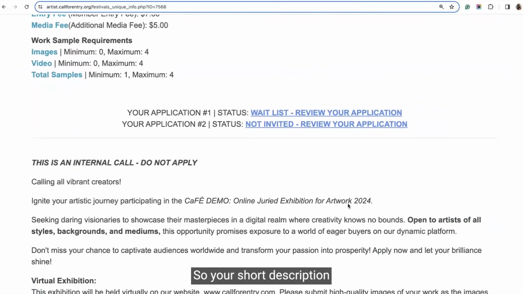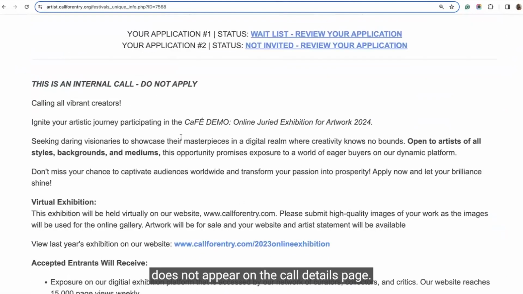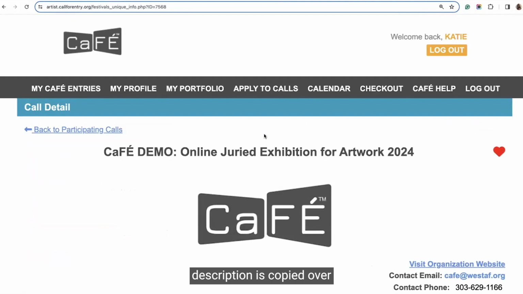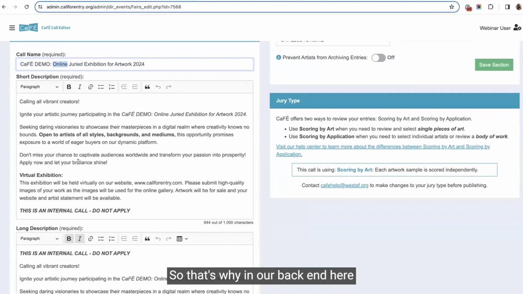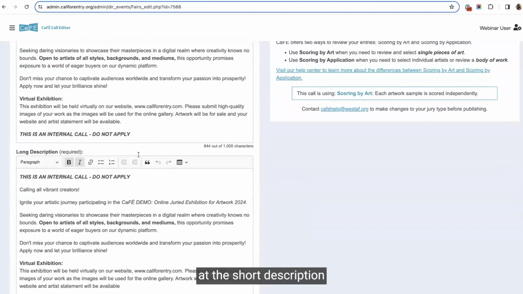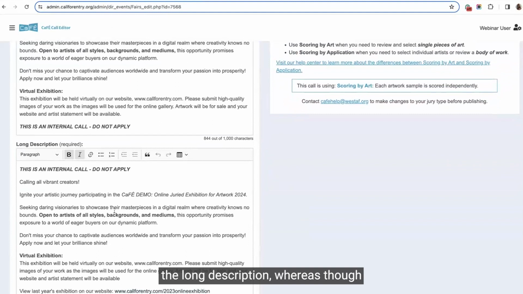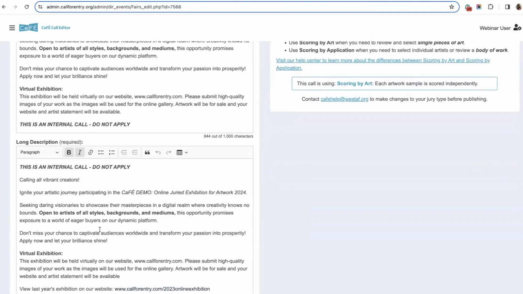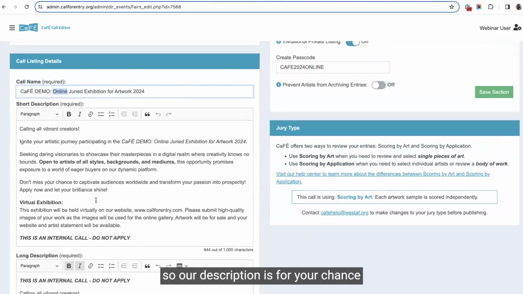So your short description does not appear on the call details page. You'd want to make sure that any info you put in your short description is copied over into your long description. That's why in our back end here, you see that we have kind of the same information in the short description as in the long description, whereas the long description just expands on the info. So again, short description is for your chance to stand out on that call listings page and really show